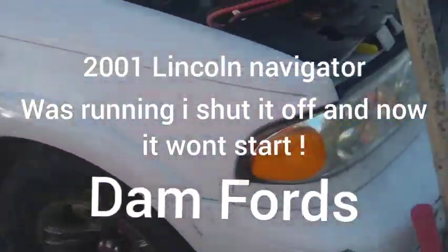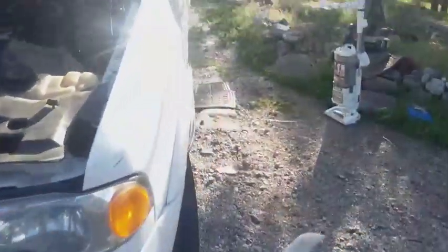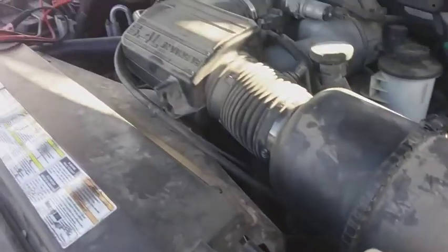Hey there everyone, working on this Ford Lincoln Navigator 2001. Trying to figure out what happened here. It was running and then quit running. I'm checking the fuses